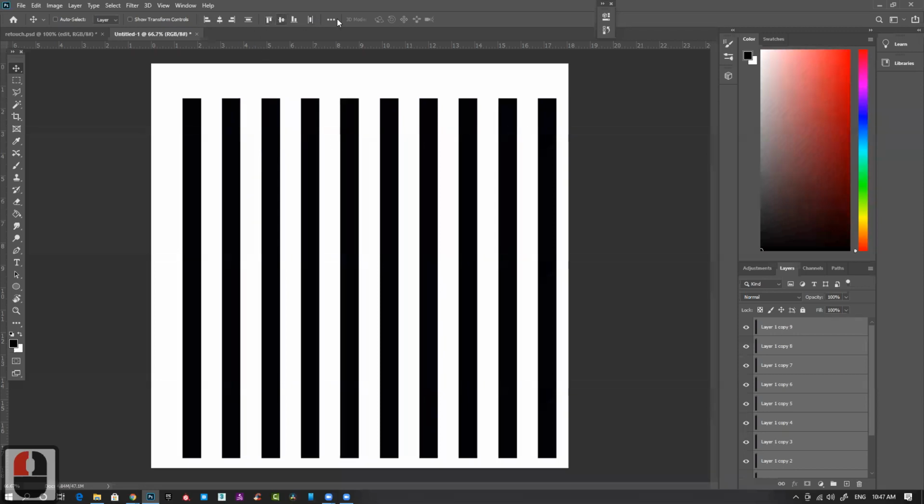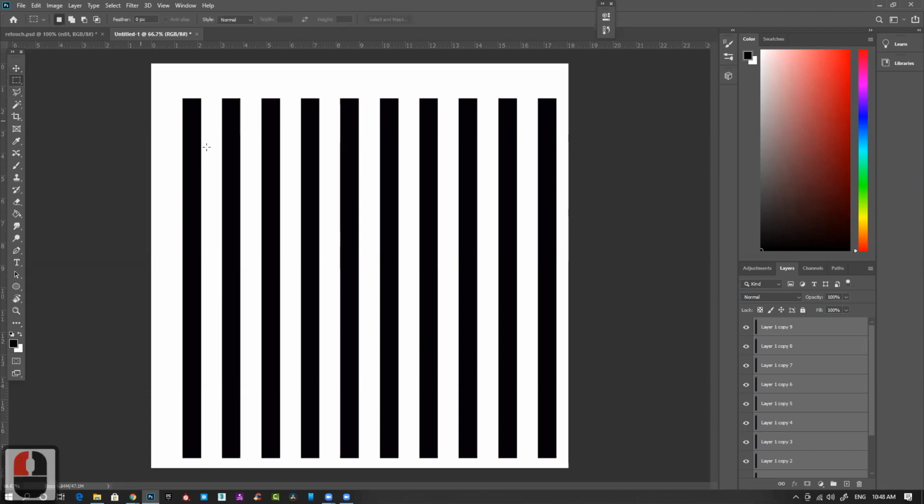This is vertical, this is horizontal. There are also 3D options, but there is no 3D shape, so it won't work. Like this, you can modify things. Suppose you want to create stripes or some pattern, you can create it very easily. This is a very handy tool, and you'll be using it all the time.